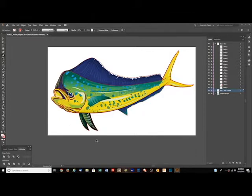Welcome everybody. This is going to be a quick tutorial. Well, I'm going to call it quick. It's just going to go over some of the basics of setting up a pattern that you can bring your artwork into, that is designed for tumblers. This here is just one that I'm currently working on. And so what we want to do is we're going to open up